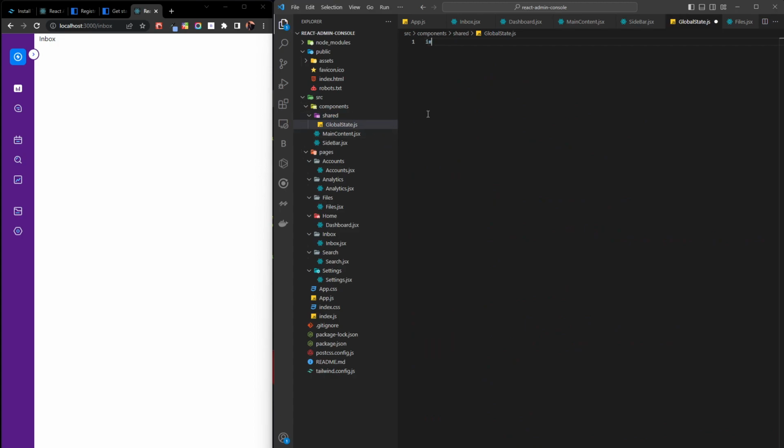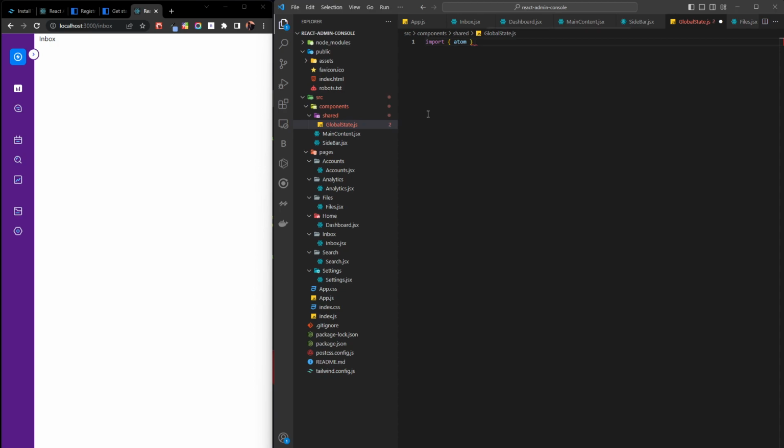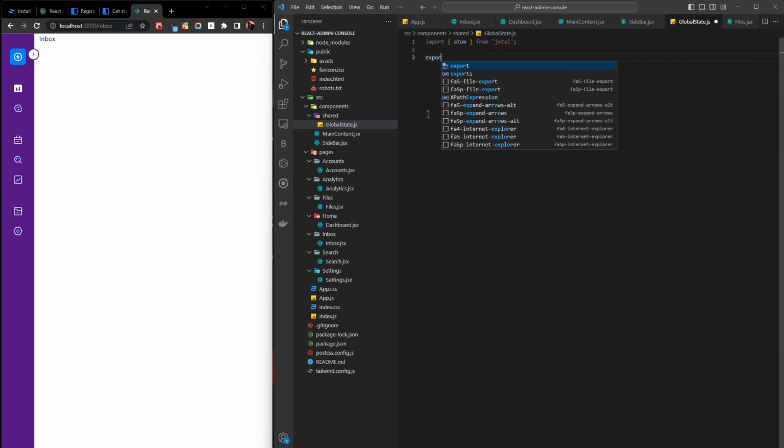Now here we will import atom from Jotai, and then we will just export